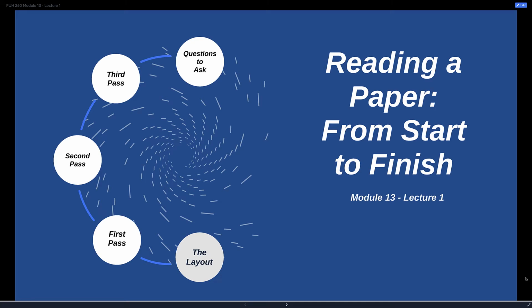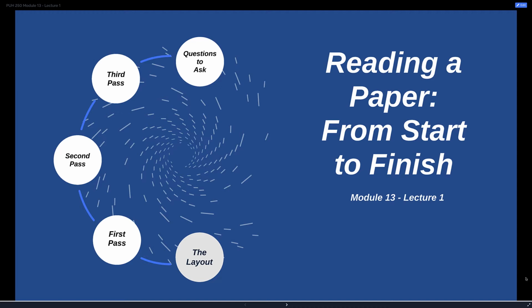Reading a paper from start to finish. So now that you have seen the bigger picture about biostatistics and the support of public health research, you'll end up reading a lot of papers as you move forward in a research-related career. And whether that is patient-facing, so if you're a physician or a nurse or a dentist, or if it's in a laboratory, or if you're working in clinical trials, or if you become a researcher in your own topic areas,